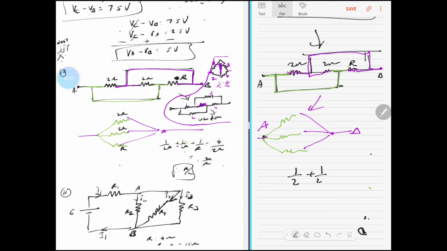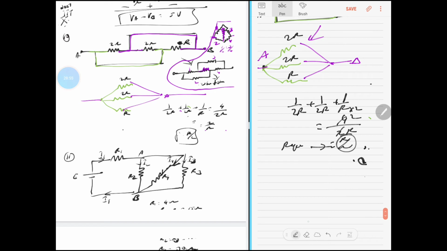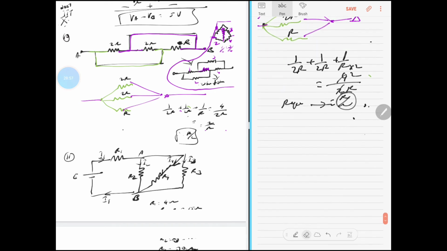Okay. It's not 2, it's about 2R. It's given that each resistance is 2R, 2R, and R. So it's 2R here, 2R here, and R here. So 1 by 2R plus 1 by 2R plus 1 by R. Even if you do this, you'll forget to reciprocal. Make sure you reciprocal. So it's 2 plus 1, 3, 4, and so it's R by 2 reciprocal. That will be the R equivalent. In case of numericals, you'll know how to plug in the numbers and solve it. Okay, so that's about it.